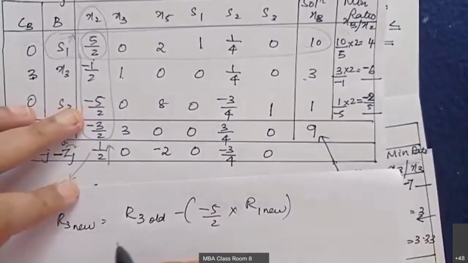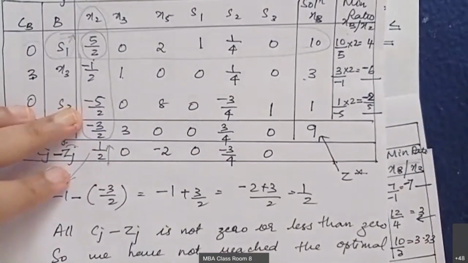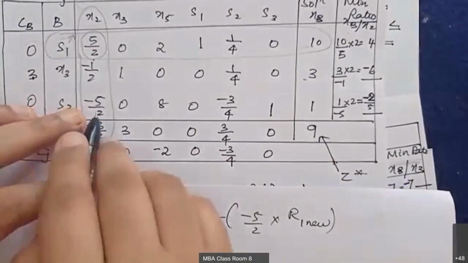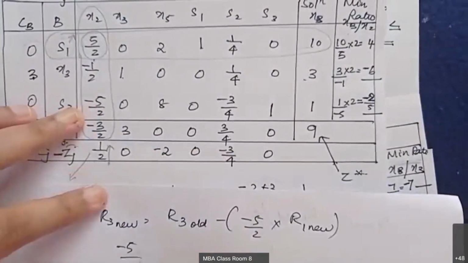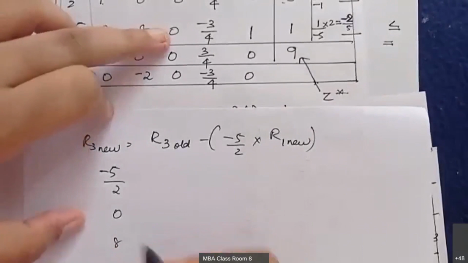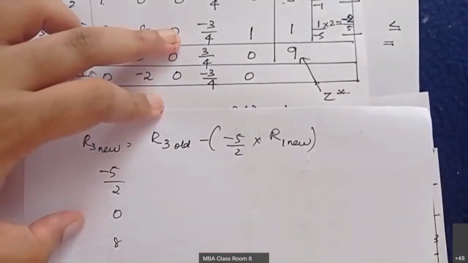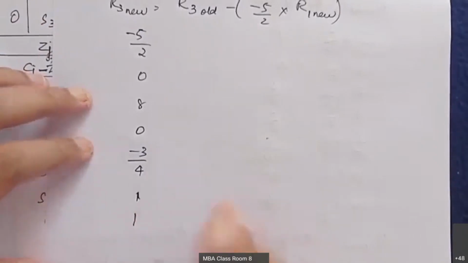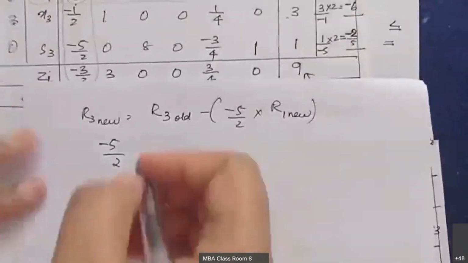Just tell me the values of R3 old. R3 old, it is minus 5 by 2, 0, 8, then 0, minus 3 by 4, 1 and 1. Okay, 1 and 4. Minus of minus 5 by 2 into,